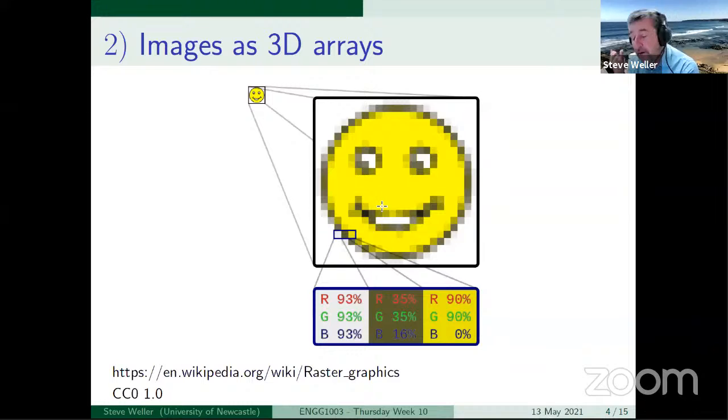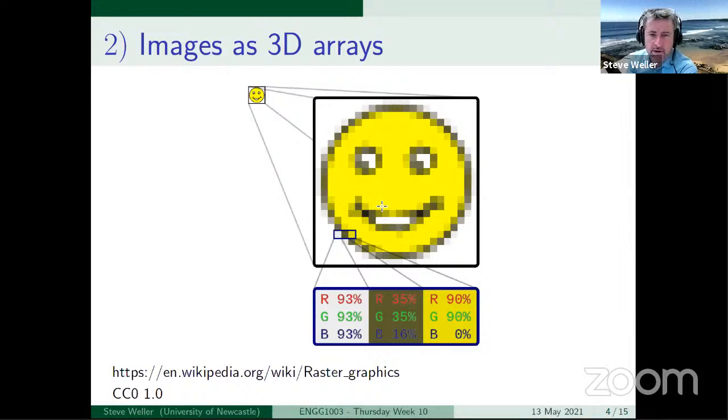I want you to cast your mind back to week 7, where Sarah presented some material on representing colour images as three-dimensional arrays. And before we look at how that data is stored, I want to give you an image that gets you to reflect on why we need to store the information that we do. So if you look at an image such as the one you see on the slide here on slide 4,